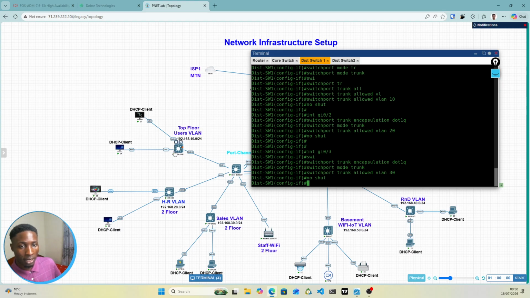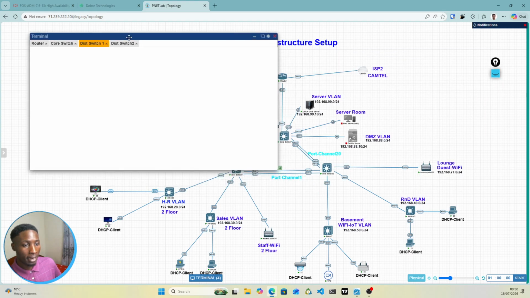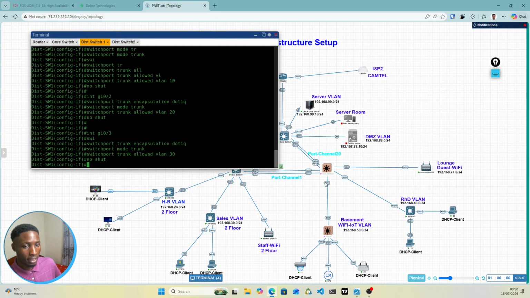So for the purpose of this lab, not to make it too lengthy, we'll just set up these three VLANs and the management VLAN that we set. But the same process applies to setting up everything here. With what we have just done, we're setting up these three interfaces to trunk. If you do the same thing and do what we are also going to do with our access switches, you're going to realize that you have the ability, let's say if a device